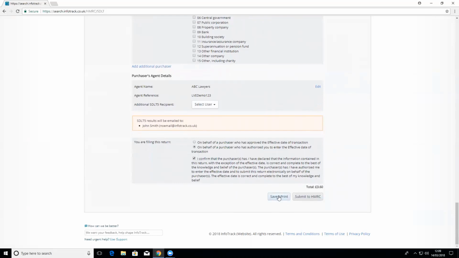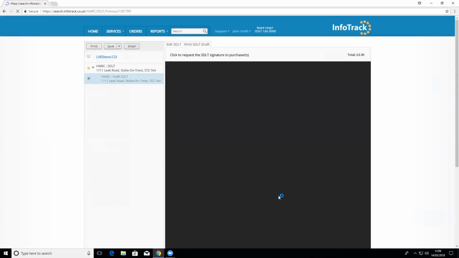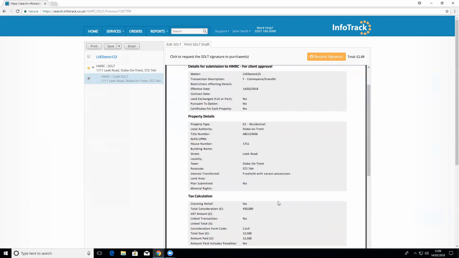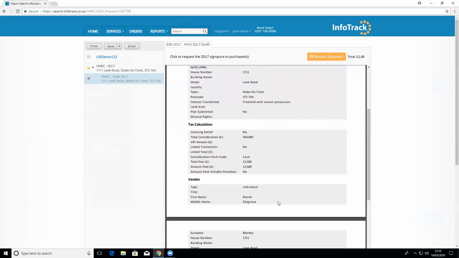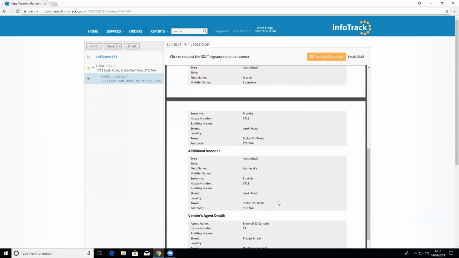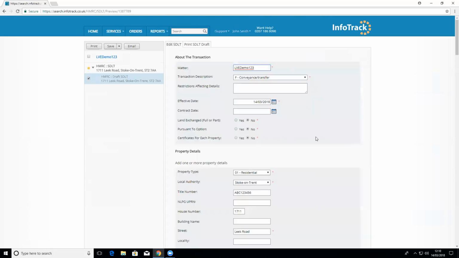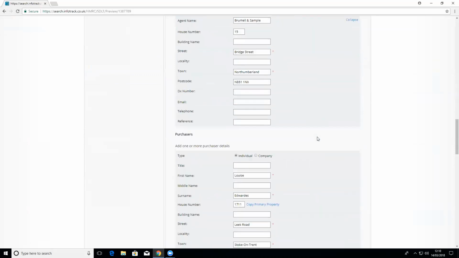And we can either save and print, and this will basically give you a printable version of the form. So if you have it set up as your standard practice for your clients to sign off on the form, or anyone internally to review before a secretary submits it, this just gives you a printable version of the form. So very easy to read, no legal jargon in there. If you need to send that across to your clients, you've also got the facility for them to sign off at the bottom. If you're happy with that and happy to proceed, we can go back on to Edit SDLT,